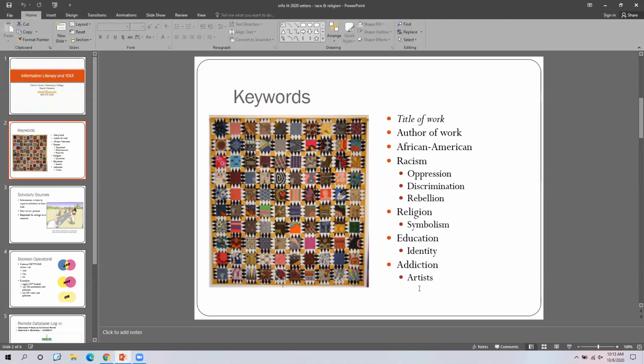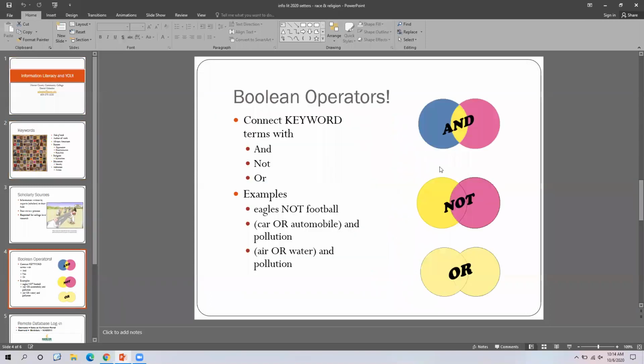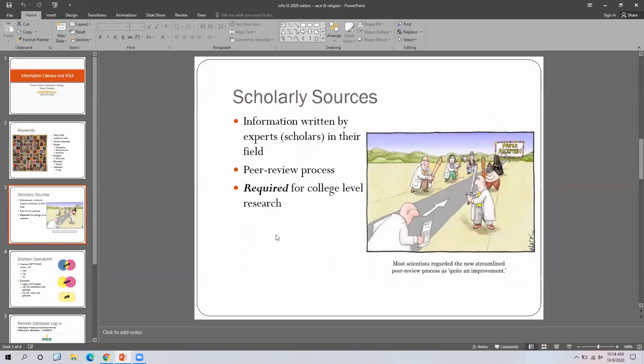Our electronic books work just like our databases. You use your keyword terms, you use that Boolean operator AND to narrow it down. And again, since it's just like the database, instead of getting article results this time you will get chapters and pages from books. Books are usually considered scholarly, so if you need a scholarly source and you've only got one article and you need two, a book would count as a scholarly source.